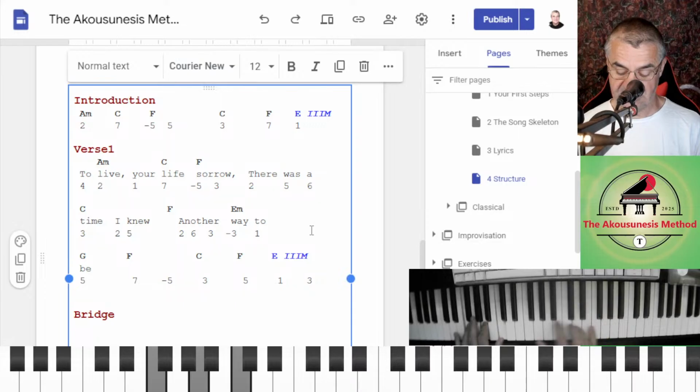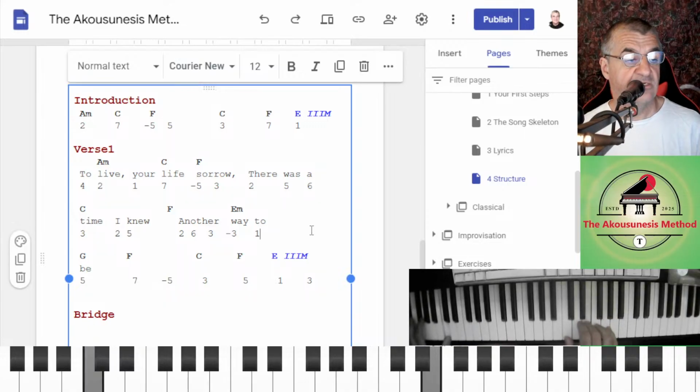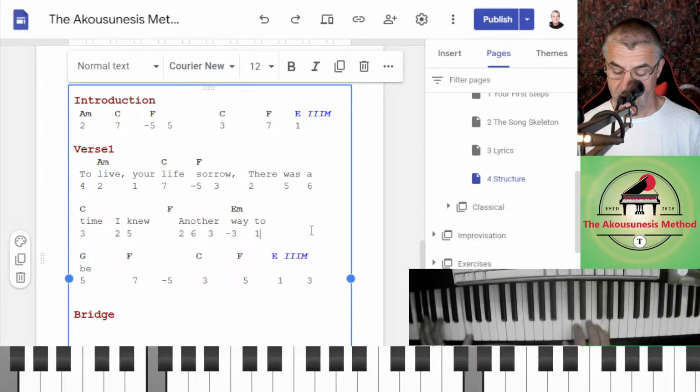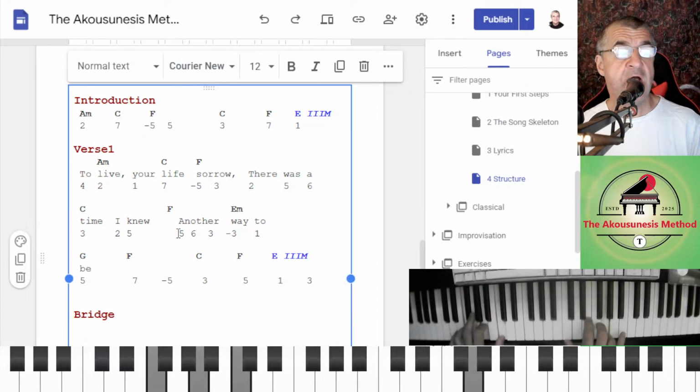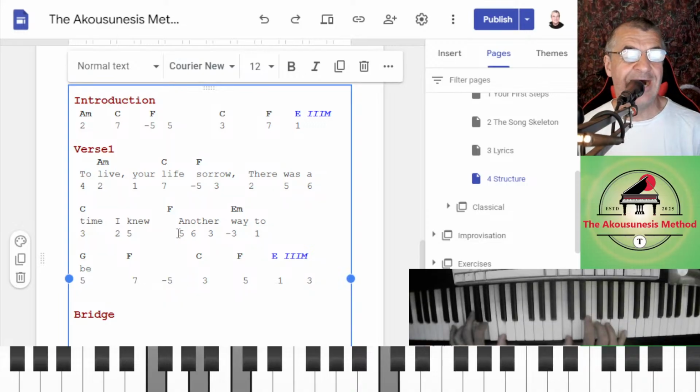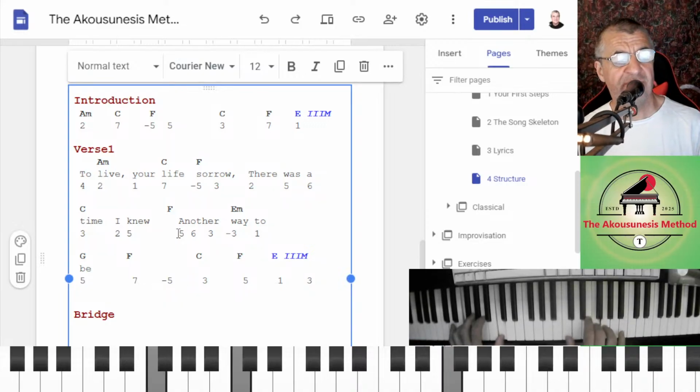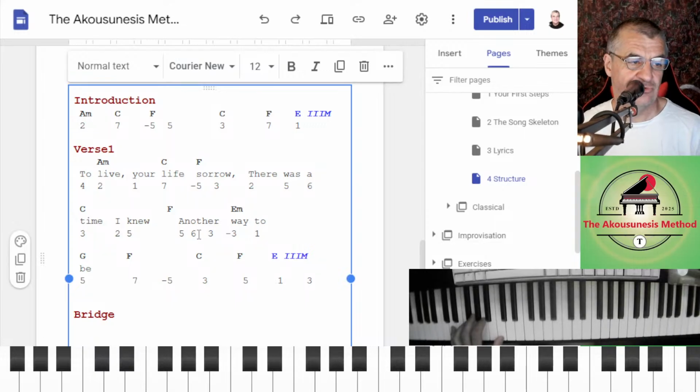We could go to this low 6 or the low 5. So try it. Time I knew. Yeah, low 5 I think is going to work. Another, then 2 and then the 1 maybe. I think that will work.